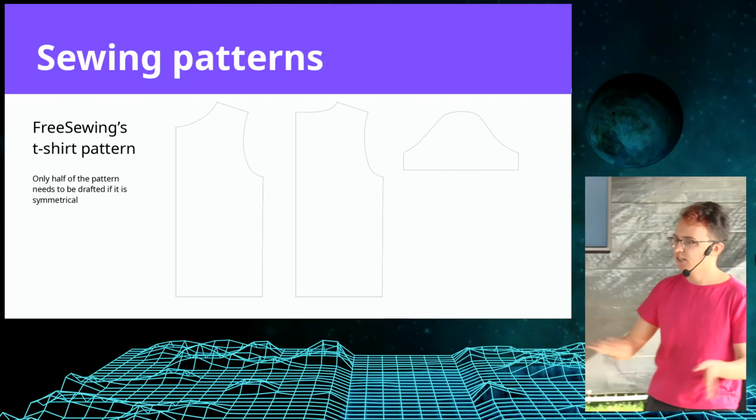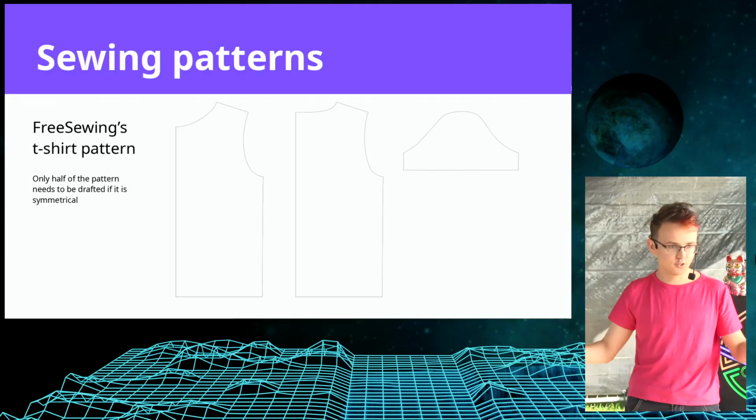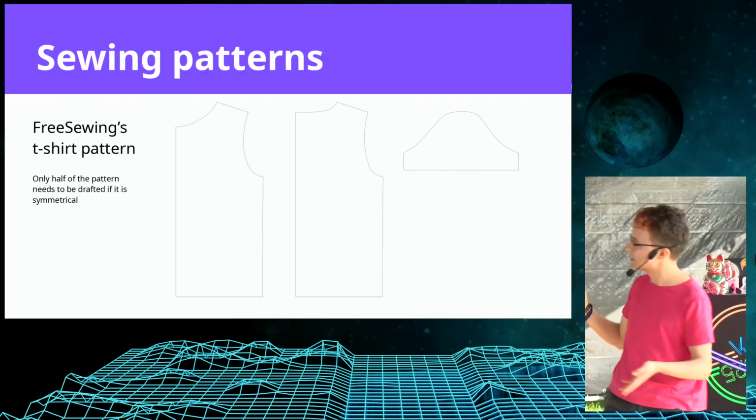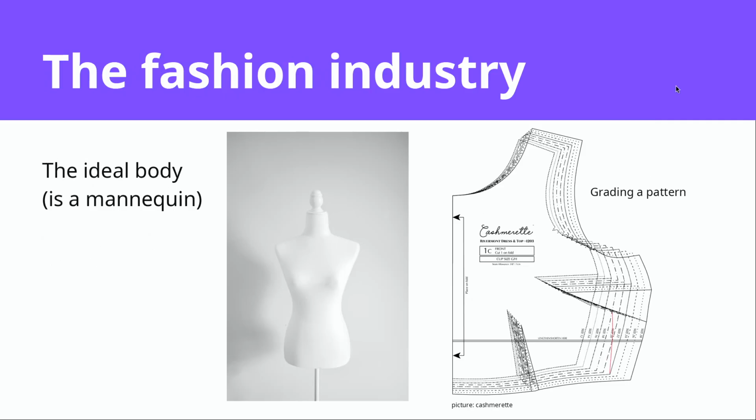A sewing pattern is anything that you can sew together, like clothes or a bag, anything you would put under a sewing machine or sew with your hand. And it can be more or less complicated, like a t-shirt is less complicated than a winter coat, for example. So if we go to the fashion industry, you will find that clothing you buy is based